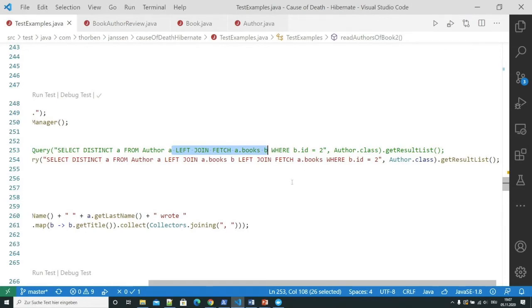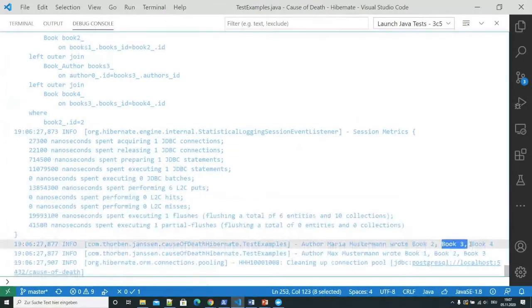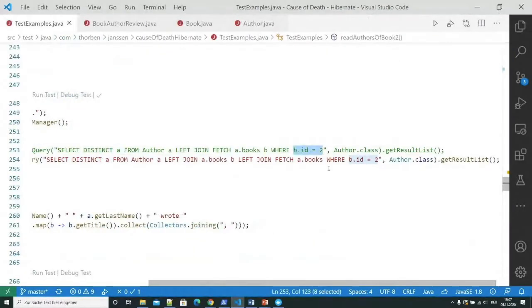Well, that actually means that in the result set, because of this part here, we only have book information where the ID column of the book is 2. That means we are losing book 3, 4, and 1. We are filtering them out by this part here.